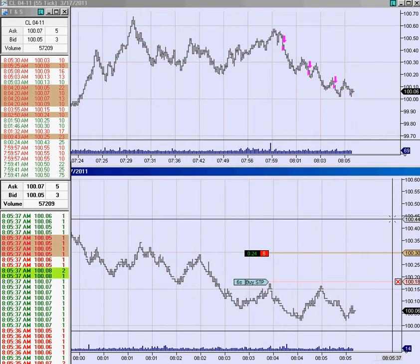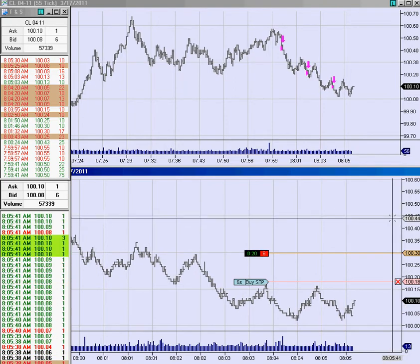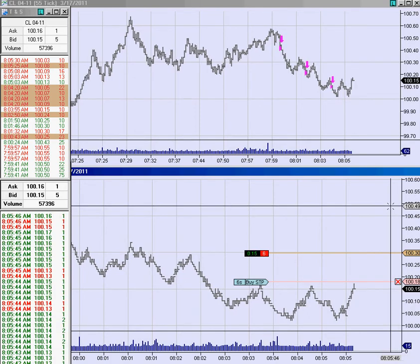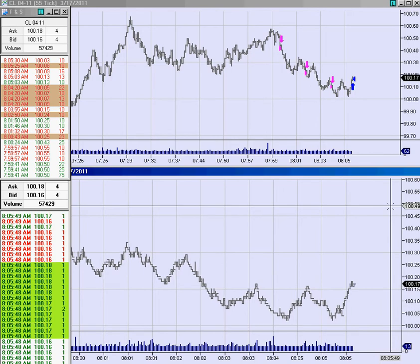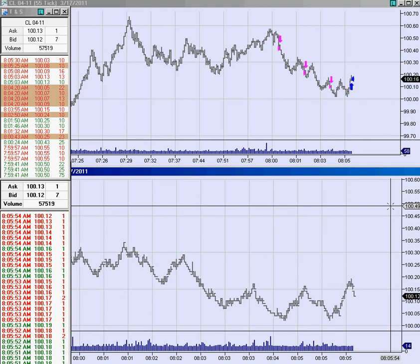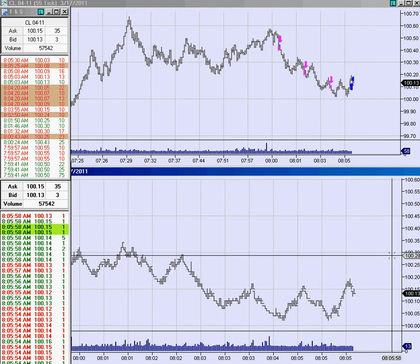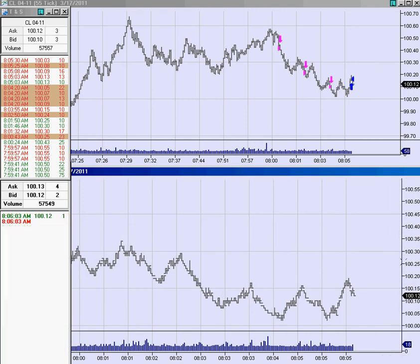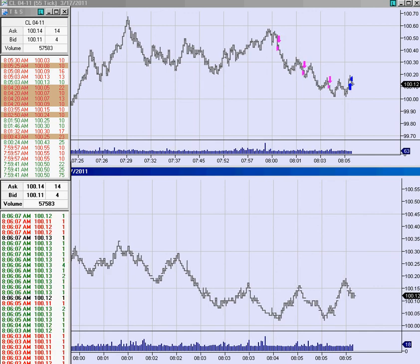in which case we don't want to have this trade with 3 units be a break even. We want to have a little bit of profit in it, and maybe the stop's a little bit too close, but we can always get back in again, which would be a low, which if we get stopped out, we're going to be looking to resell the low, probably. We'll see how it works out, but somewhere around the even level. Oops, we just got filled on 3 units. Well, good job. We stopped out on 3 units. Good profit. Let's keep focused here, because we may have to be getting back